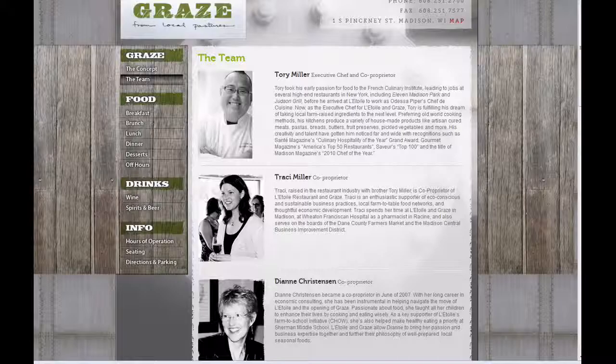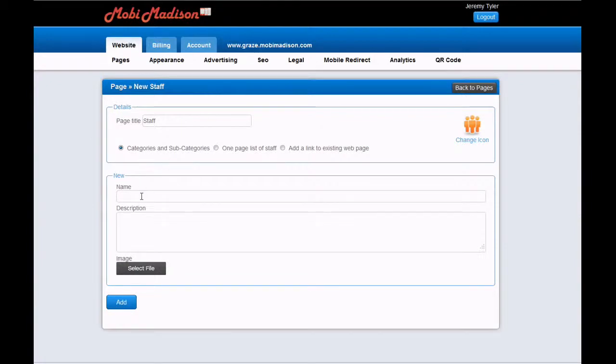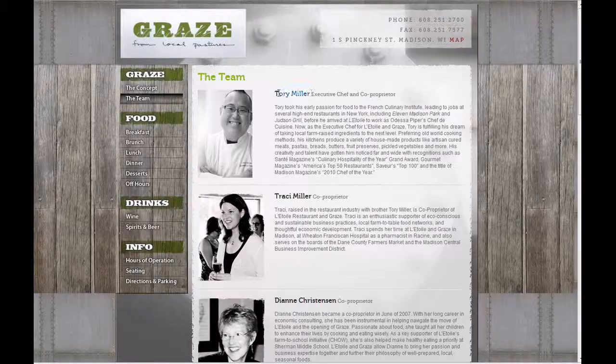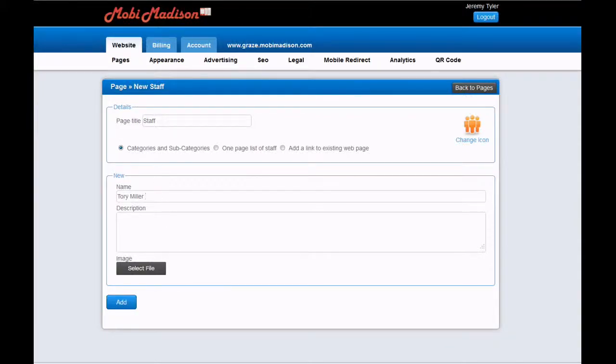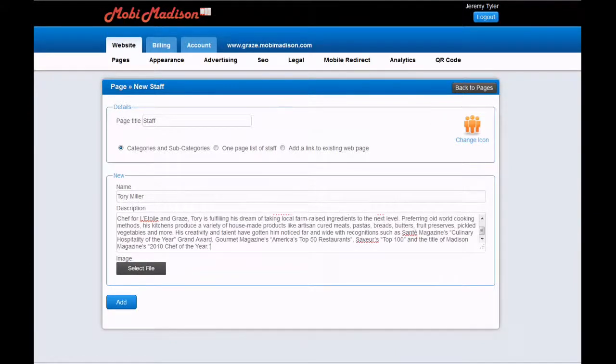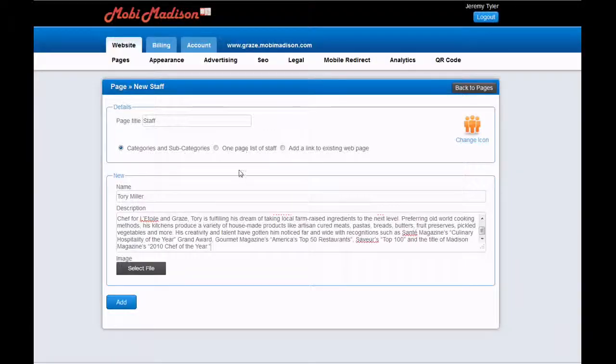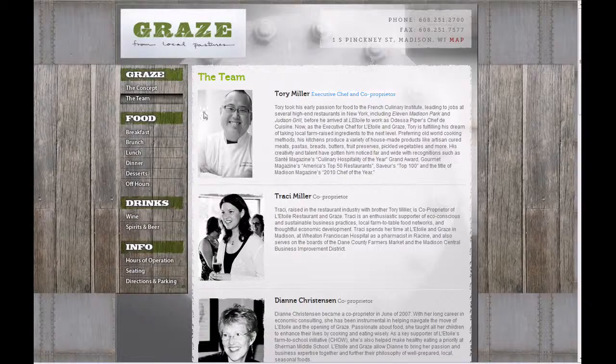Now with this business, there's really not subcategories, so you can use the category as the main thing. So what we're going to do is put Troy Miller or Tory Miller. We're going to put him as the first person, and we're going to copy all of his information. Again, Control C, Control V, Command C, Command V on a Mac. So we're going to put that there. Now for his picture, again, we can go to the website, right click on